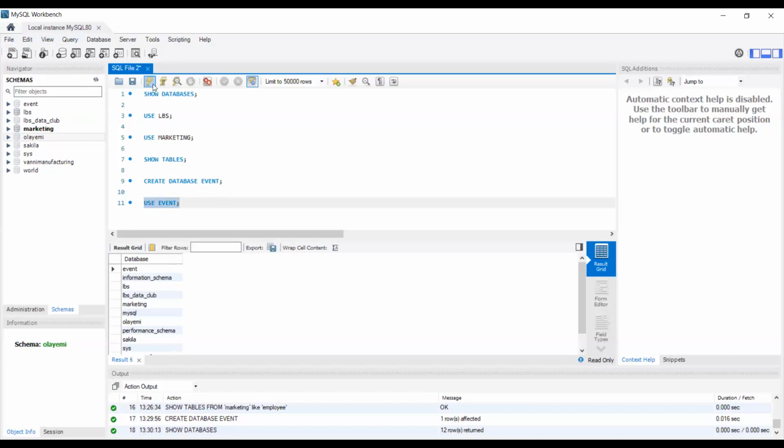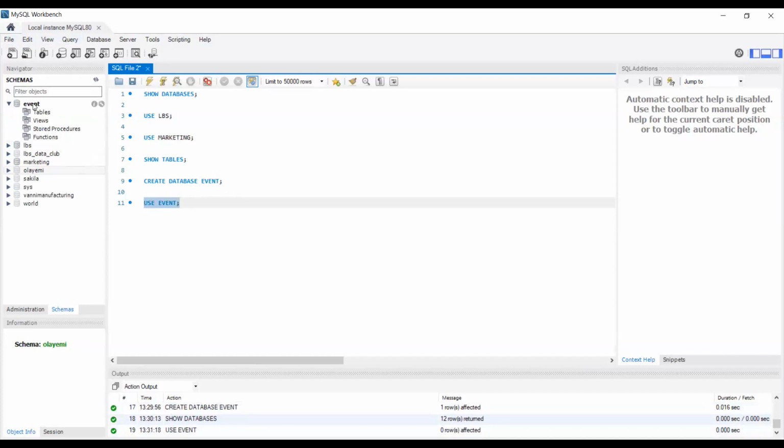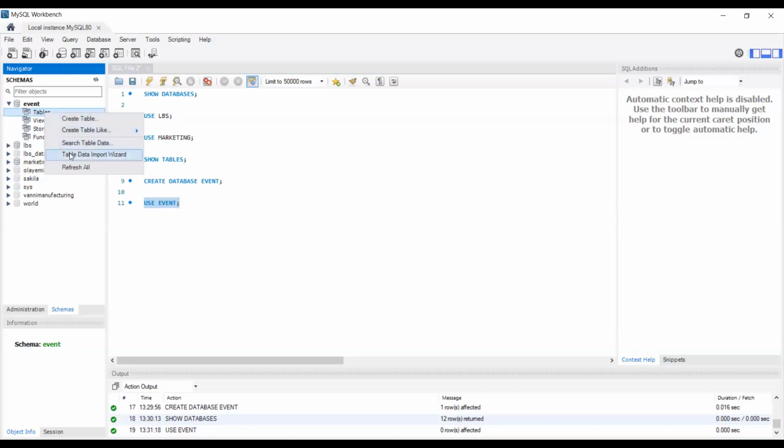So we now say use event. Now you can see the event now. On the table part, just click on the table part. Right click and